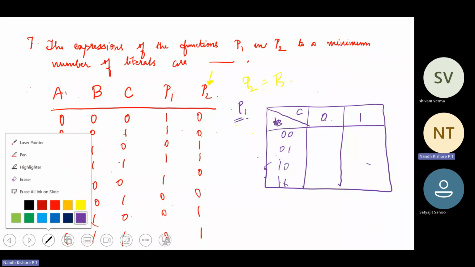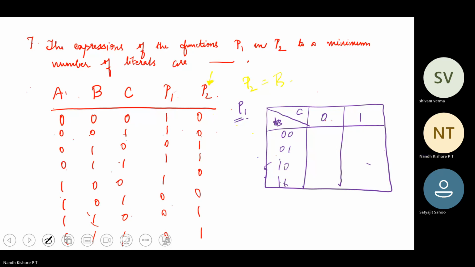So the entries are when all three are 0, you have 1, and then 0 0 1, right? You have 1